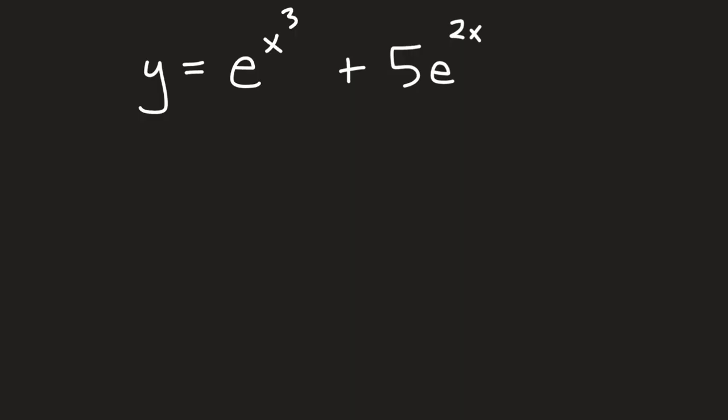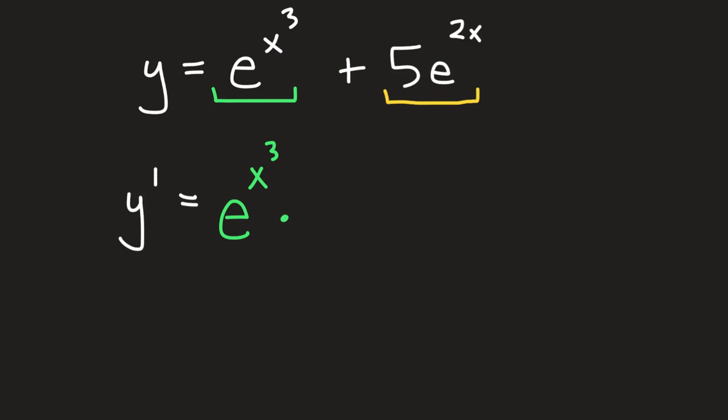Our next little function here is the sum of two functions, and they're both e's. So we're going to take the derivative using the chain rule for the first e, and we're going to take the chain rule for the second e also, separately. We're not going to do them at one time. So we're going to apply the outer and the inner for this function. So y prime, which is the derivative of e to the x cubed, is itself, so e to the x cubed